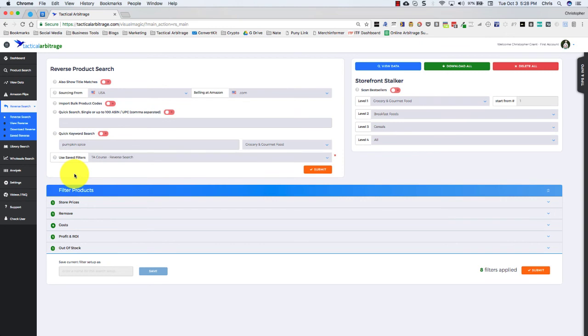So I'll be back in just a moment, and what we will do is we will import a bulk product code list, and we'll get a search going just to show you what that looks like. Okay,